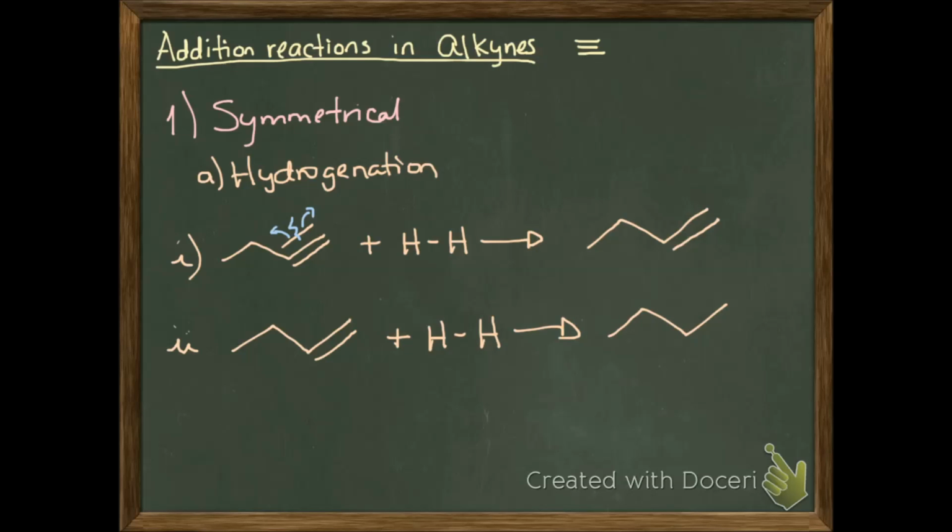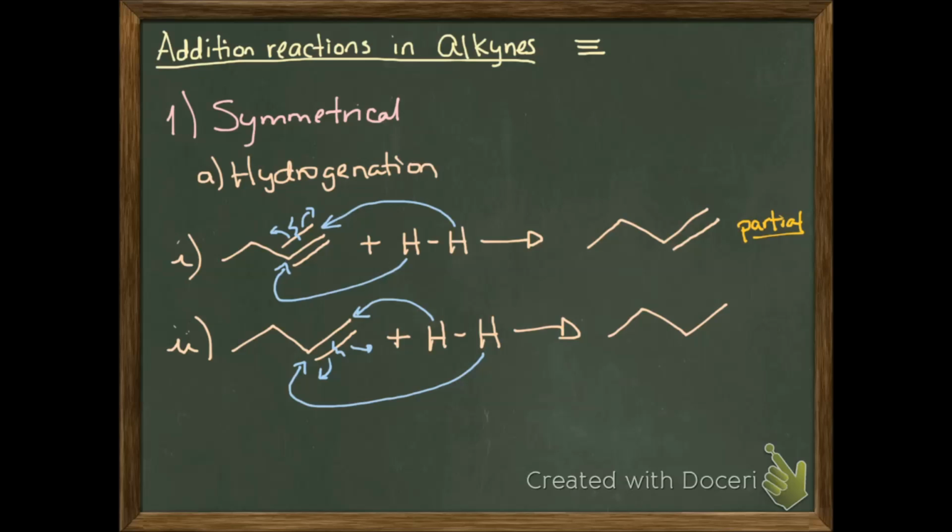The mechanism is the same. The double bond is broken, and then 1 hydrogen comes here, the other hydrogen comes here. It's the same for this one. The hydrogen comes here and the other one comes here, and at the end I will have an alkane. If I want to summarize this reaction, I will call this one partial,